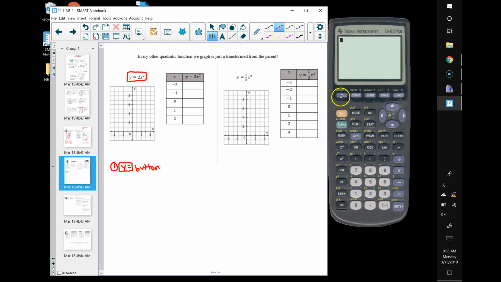That's this button right here. It says y equals at the very top. You're going to get a plot. You're going to get this screen. Make sure all of those are cleared out. Okay. Step 2,